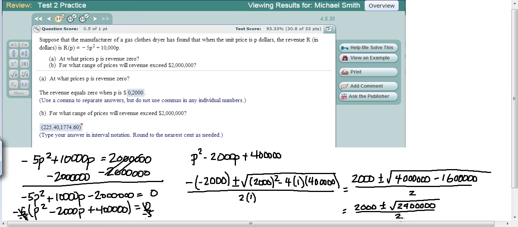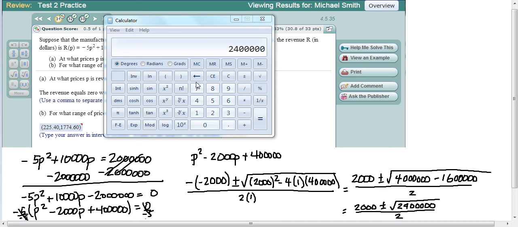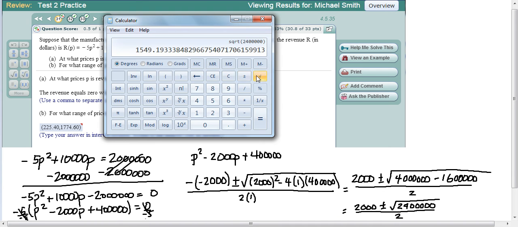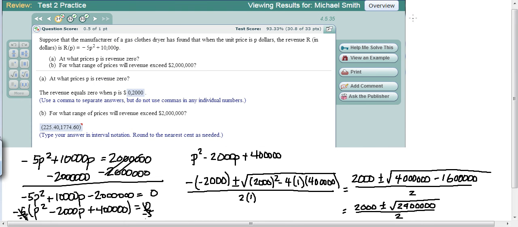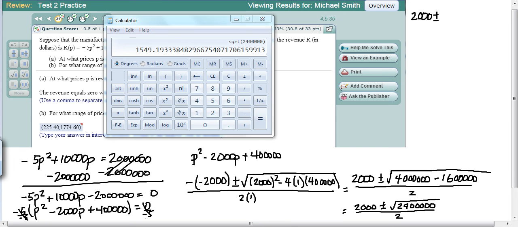So now we need to get our calculator out and find out what the square root of 2.4 million is. Alright, so let's do that. Alright, so we've got 2.4 million there, and now I'm going to hit the square root. And so we get this number, 1549.19. So we'll just keep it at that, 1549.19. And then we'll do the subtraction. So our answer is going to be 2,000 plus or minus, and let me pull up my calculator again, what was it? 1549.19